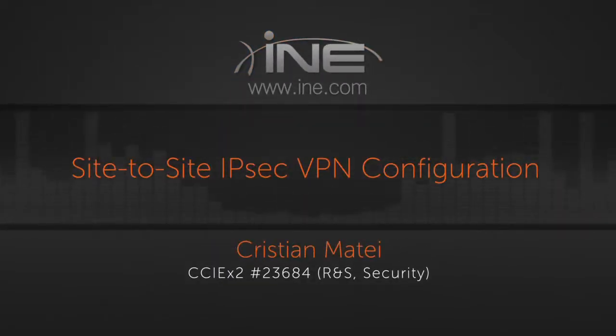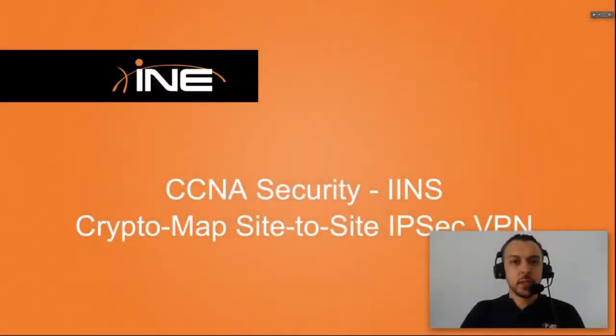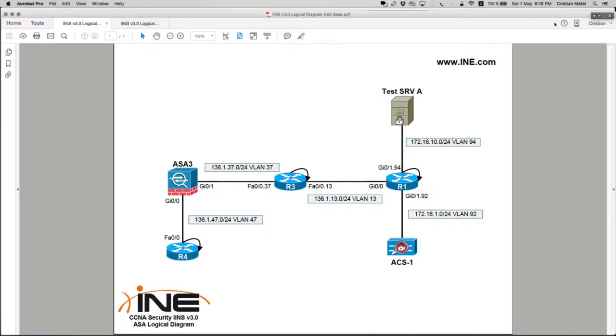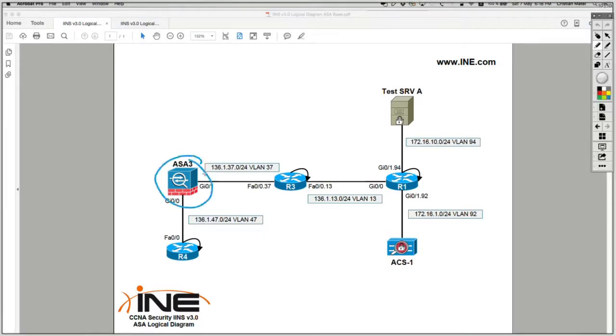Okay, next we're going to look at the actual configuration of an IPsec VPN tunnel. We're going to use the CryptoMap configuration. We're going to do an IPsec VPN tunnel between an ASA firewall device and the IOS router. So we're going to fire up an IPsec VPN tunnel with IKEv1 between ASA3